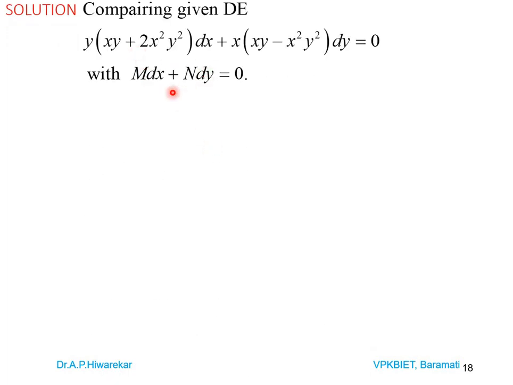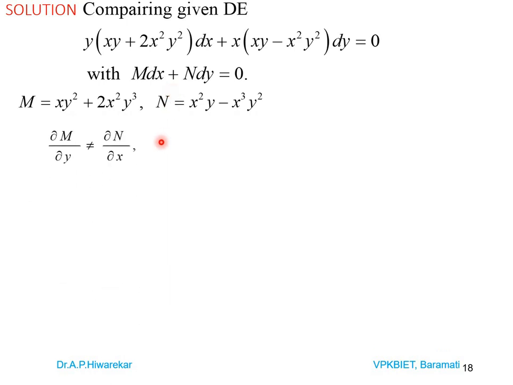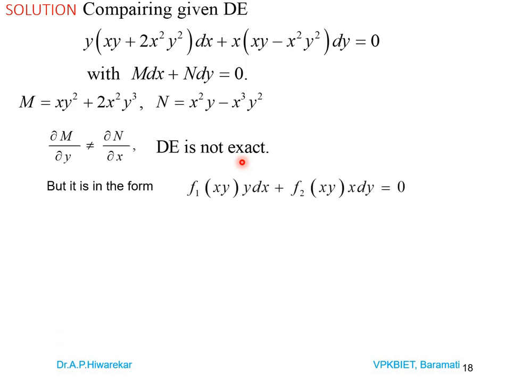Just find the values of M and N and find ∂M/∂y as well as ∂N/∂x. You will find these two partial derivatives are not equal, which means the given differential equation is not exact. So it is in the form f1(xy)y dx + f2(xy)x dy = 0. So we find xM minus yN, which means x²y²